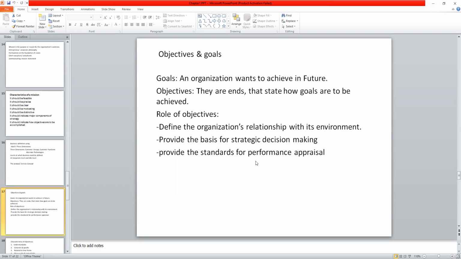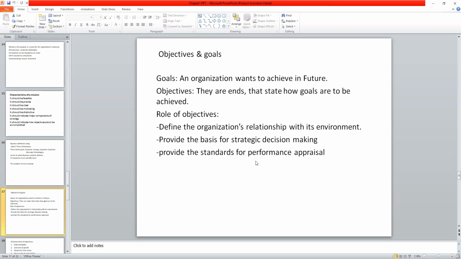Tomorrow, if the company is flourishing and suddenly there are certain objectives set by the company to gain market, to be a market leader, to improve the market share, and the government puts a ban on that offering, that product, there is no point. The company has to remold and think about some sustainable options. So whenever the company is thinking of objectives, it takes these environmental factors into consideration.